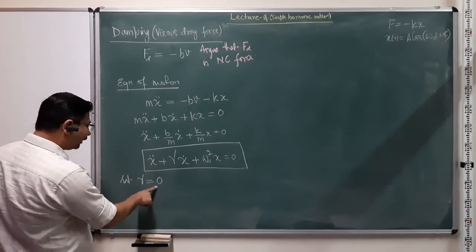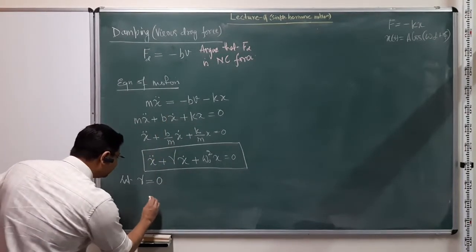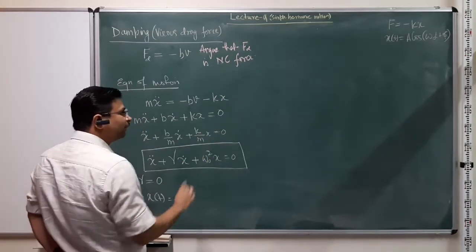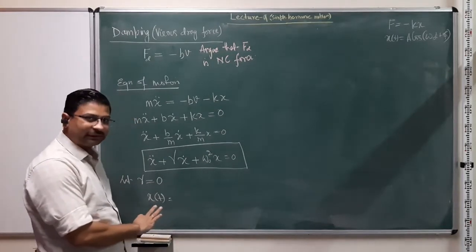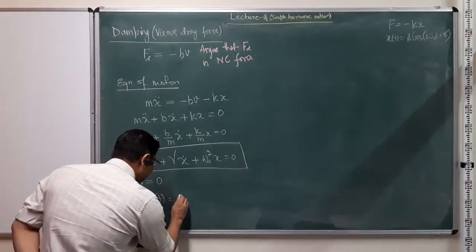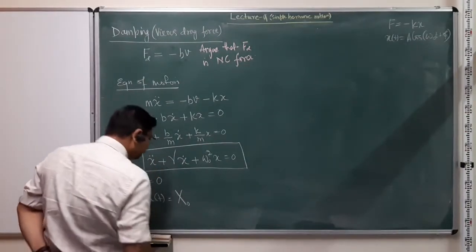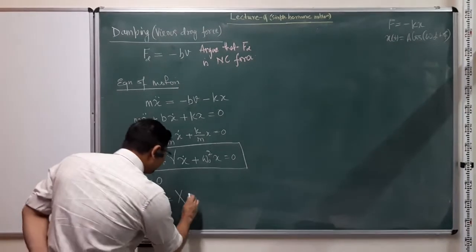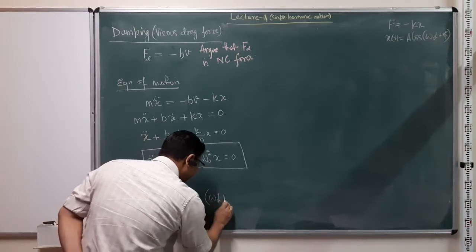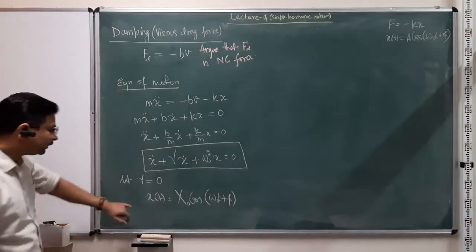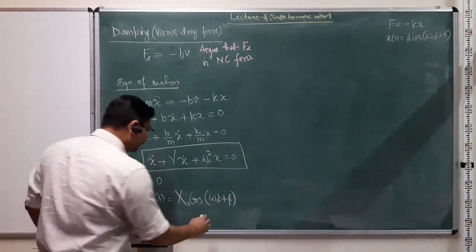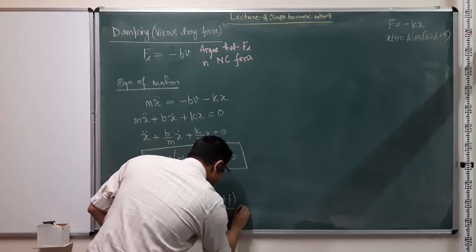So I know that if gamma is 0, there is no viscous drag, then the solution x of t looks something like this, right? So I am going to change symbols slightly because I do want to follow the convention that's given in the book, right? So it will not change the significance of the relations anyway. So x naught, which is now the amplitude A, cos of omega naught t plus phi, right? So this is the solution when gamma is equal to 0. This we know, this we have done earlier. So we'll write it down as solution number 1.